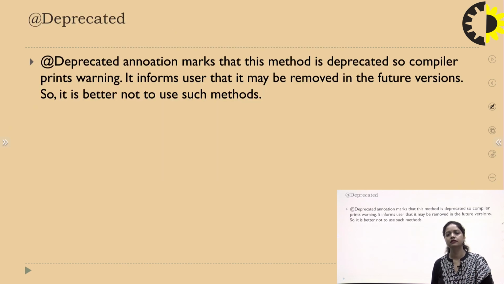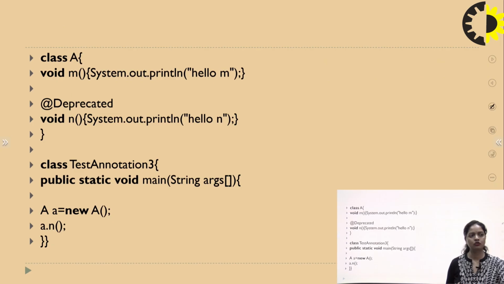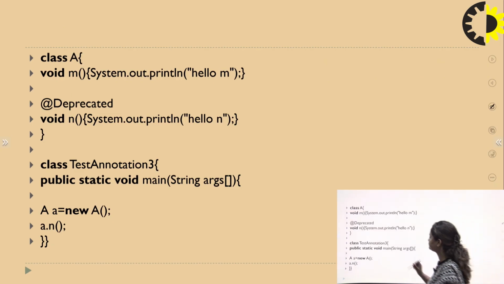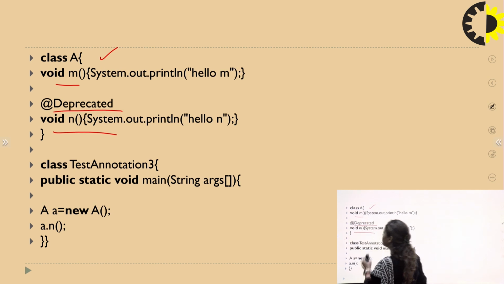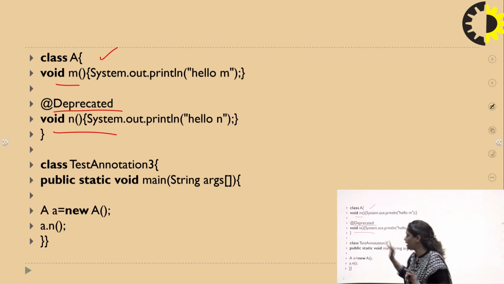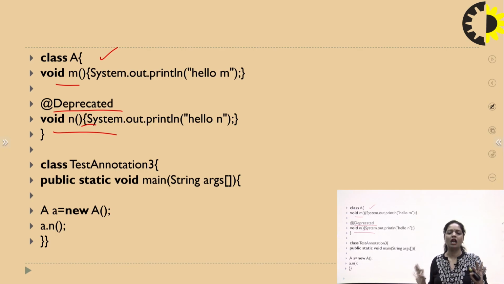Next is the @Deprecated annotation. Deprecated means an instruction to the compiler that in this version, if we are using something and displaying some method, that is okay. But in the next coming version, maybe this thing is not supported. So that kind of indication is given by the deprecated annotation. Let's have a look at the @Deprecated annotation. Suppose I've created a class with the method m and I put the deprecated annotation above the method n. There are two methods, m and n. It means that this method may or may not exist in future programming. So that kind of instruction is given by the deprecated annotation.